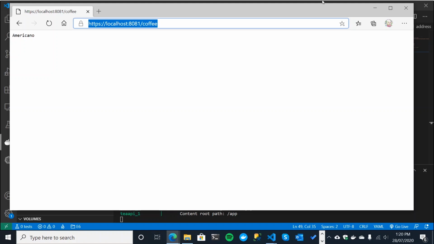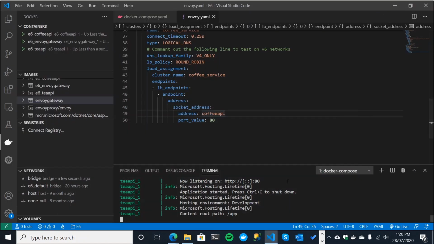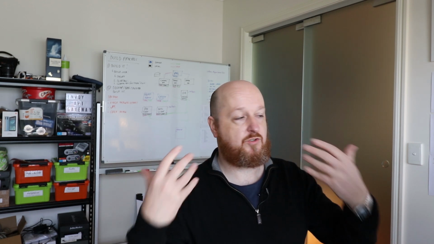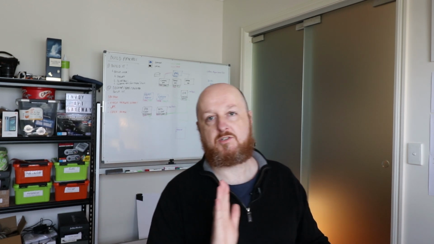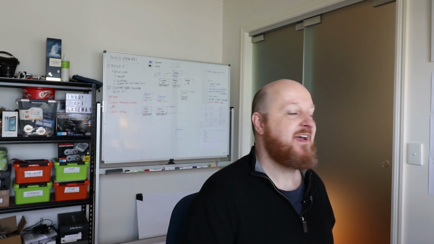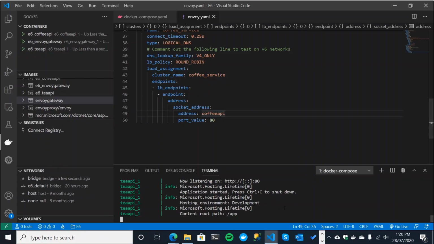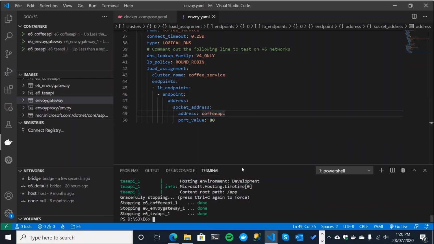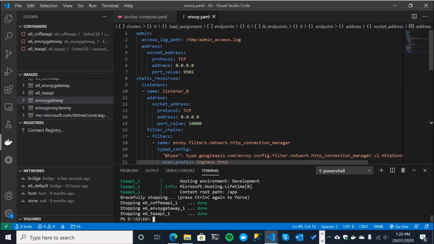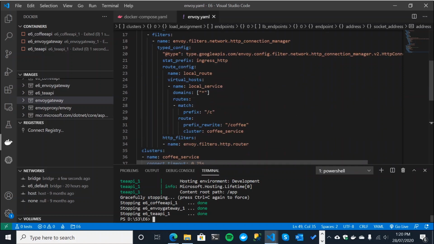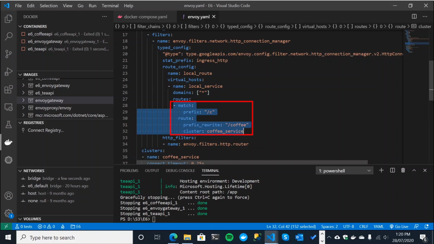So that's our first bit of routing done. So we're now going to embolden ourselves, and we're going to add in our T API, again, just using HTTP, not HTTPS. And then in the final part of the video, we'll explore HTTPS a little bit as well. So kill that for the moment, and we'll come back up here. Now again, we're just going to listen on our port 10,000, and all we're really going to do is add some new stuff in here. So as you can probably tell, it's this stuff here that we just need to duplicate.